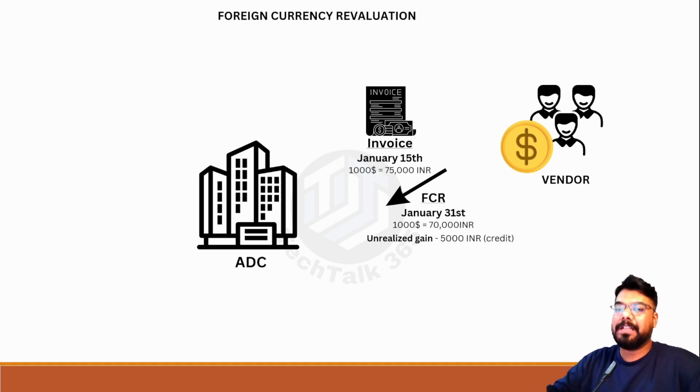So when I run the foreign currency reevaluation, I will be able to calculate whether there is a profit here in the accounting currency or whether there is a loss in the accounting currency. So assuming that I'm running the foreign currency reevaluation on 31st of January and the exchange rate on that date is considered, because exchange rate will keep updating on everyday basis. We have seen that in the previous episode. So on 31st of Jan, it's only 70,000 Indian rupees, even though in the USD currency I will be paying back $1,000, but in the accounting currency there is clearly a profit of 5,000 INR which gets credited to my